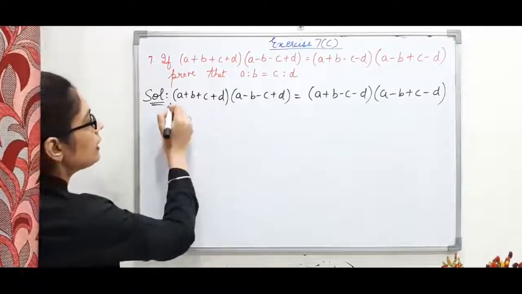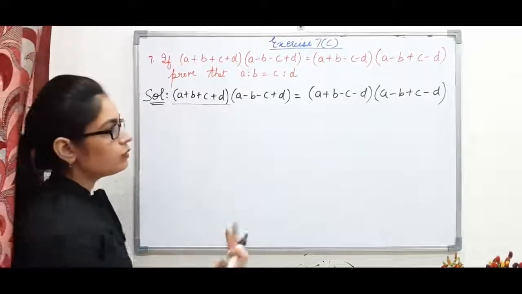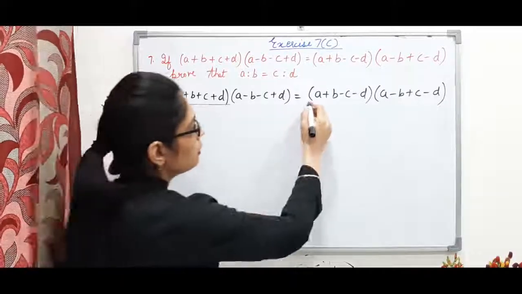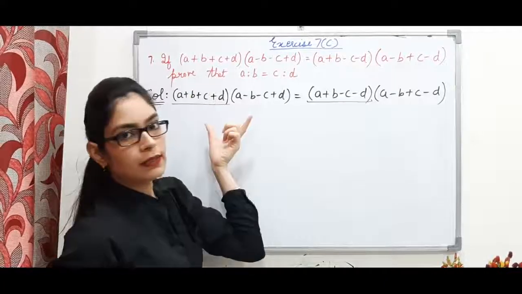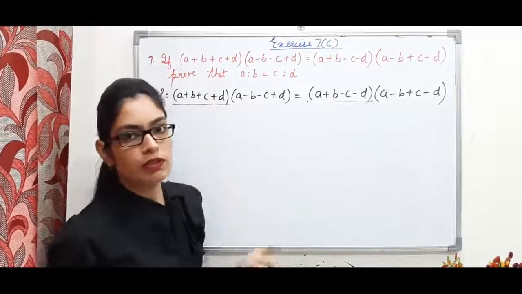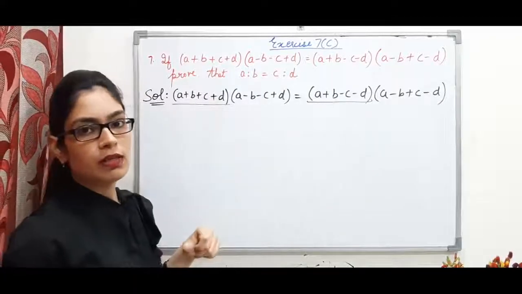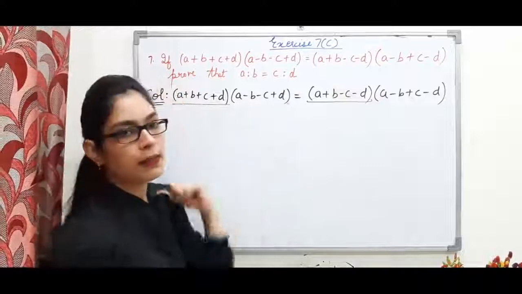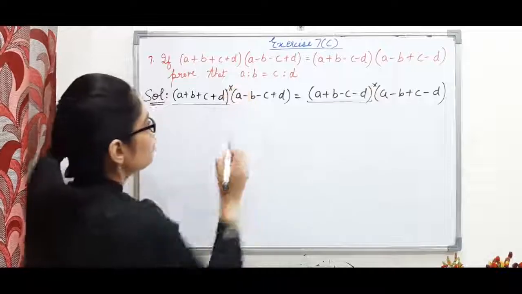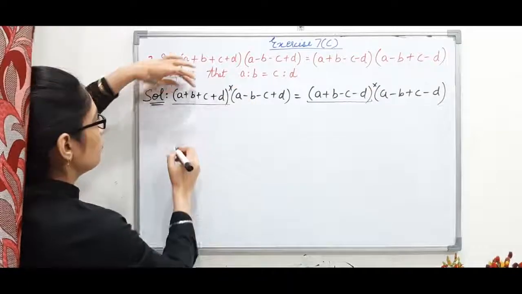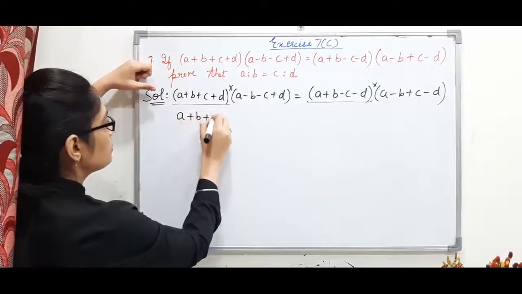See, this is a plus b plus c plus d, a plus b. So this you can see, this is a plus b. From this side also a plus b. Two terms are there, we don't know which term to shift to the other side. A plus b, a plus b. So this we will write together, a minus b, a minus b. These two, so in this way we can shift. These two terms are getting multiplied. So first, because I am not shifting this to the other side, I will write it as it is, a plus b plus c plus d.